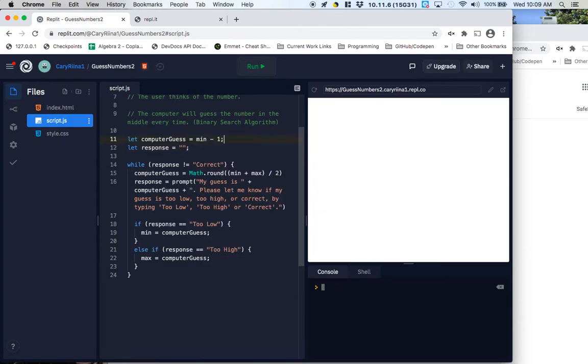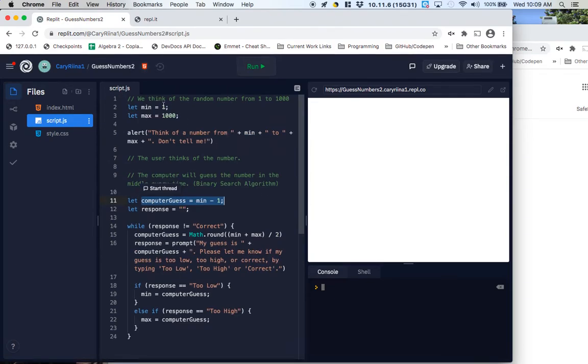And what this will do is it will automatically send us into this loop. So the computer's first guess is going to be wrong because it's outside of the possible range. Our response is going to be nothing. And so it will send us into the while loop. The response is not equal to correct, so then we're here. And then lastly, if the answer was correct,